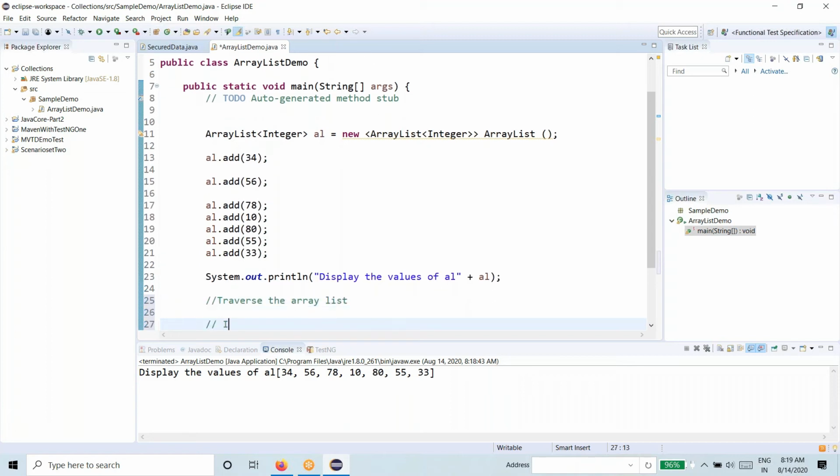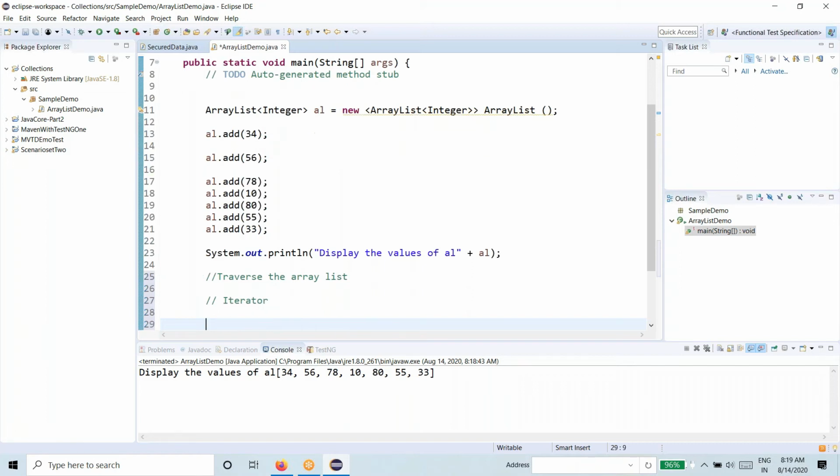Fine. We have one interface called Iterator. I am trying to use it1, that is, instance equal to a. I cannot say that, because Iterator is not a simple class. If it were a simple class, then I could write Iterator instance equal to new Iterator, but here it is not a simple class.